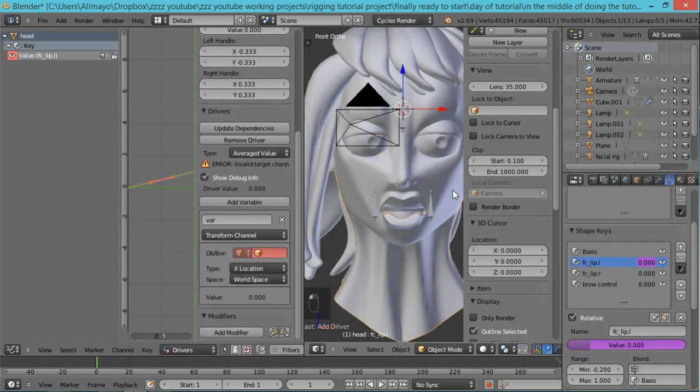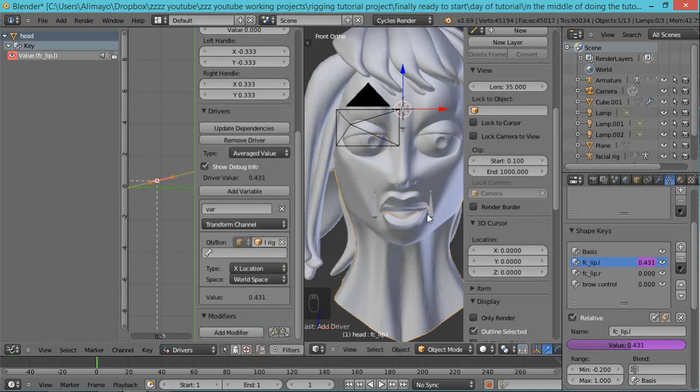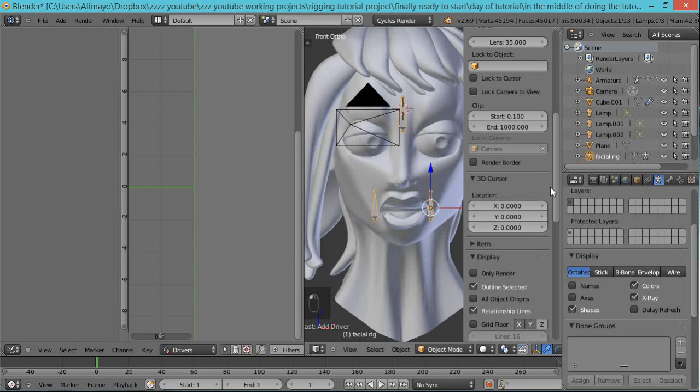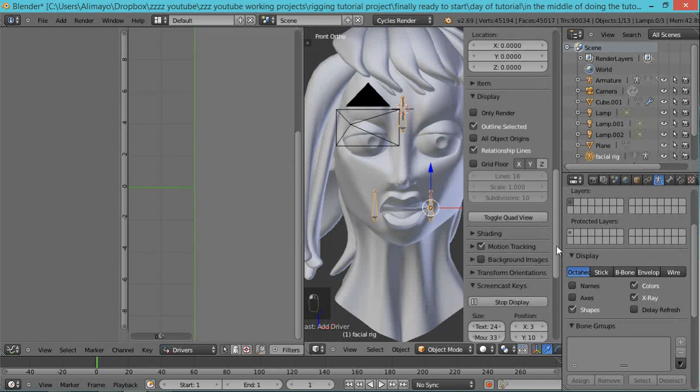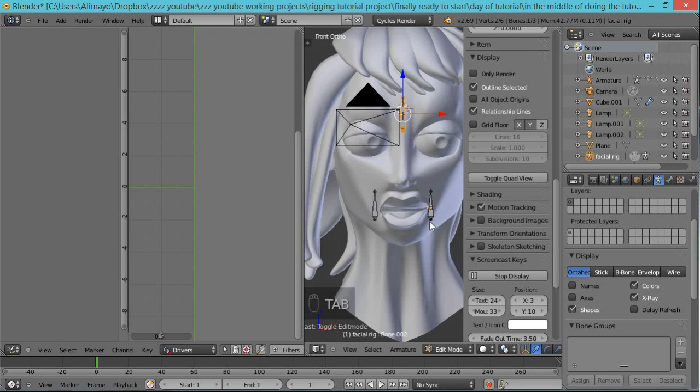All right, so now we'll go back. So when you select your object, select the facial rig, which is dealing with the bones that we just placed up there. And now what you're going to want is, oops, I forgot. I apologize. With these actual bones, you want to select the individual bone,